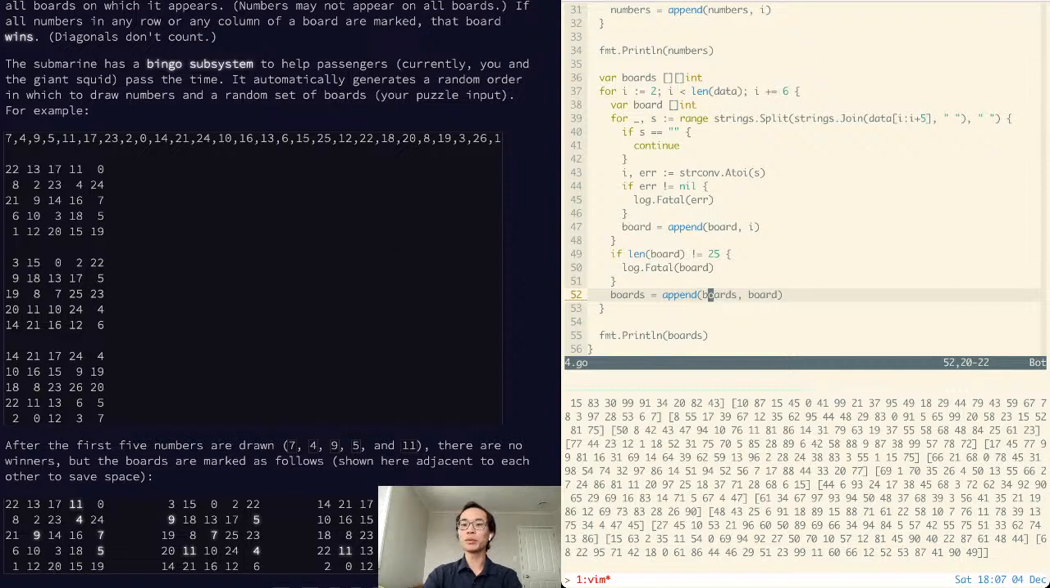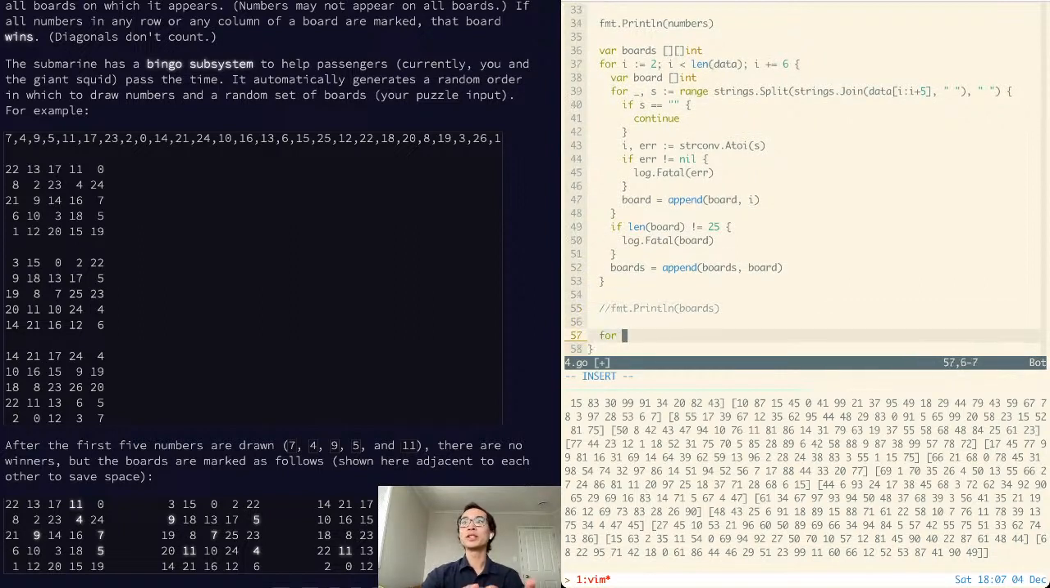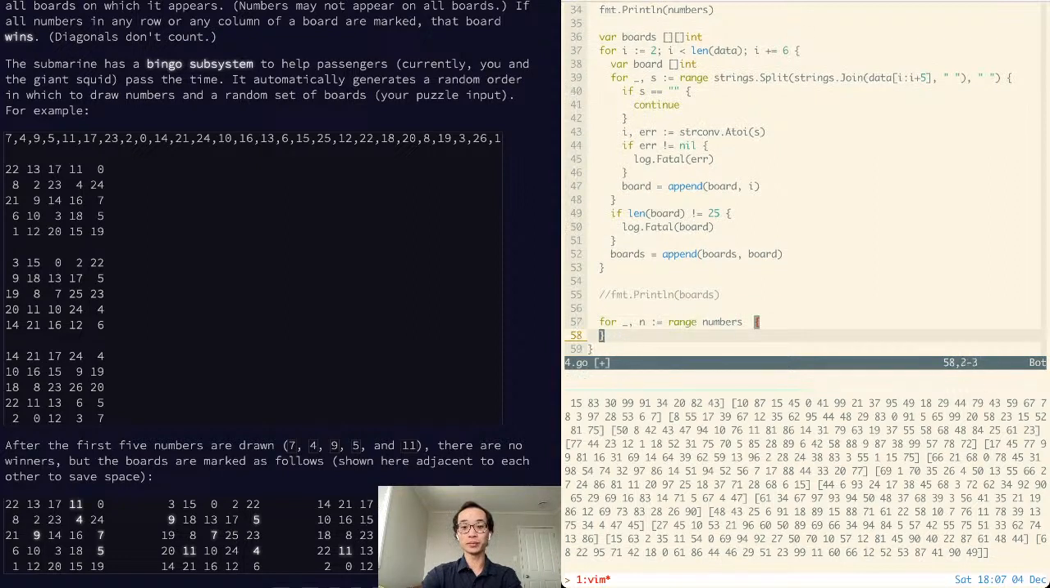So what's the easiest way to do this? What we could do is zero out the numbers that are called, because we only need to keep track of the last number. That's probably the easiest way, because we only need all the unmarked numbers at the end, which means we can just sum the whole board. It's a nice little trick. So for every number in numbers, which are the numbers that get called,